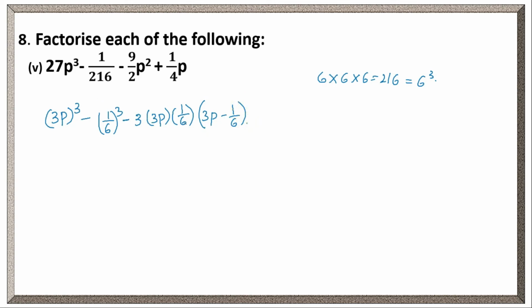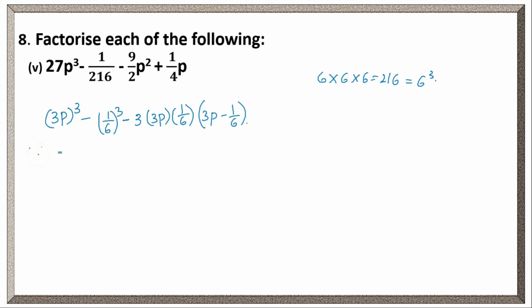If we simplify, we get the same 9 by 2 p square. If you want, you can check. 3 ones are 3, 3 twos are 6. So 3 into 3 is 9. p into p is p square by 2. And minus into minus is plus. So 3 will go in 6 two times. One more 3 will go in 6 two times. So 2 into 2, 4p. Clear? So the same, the value will not change.